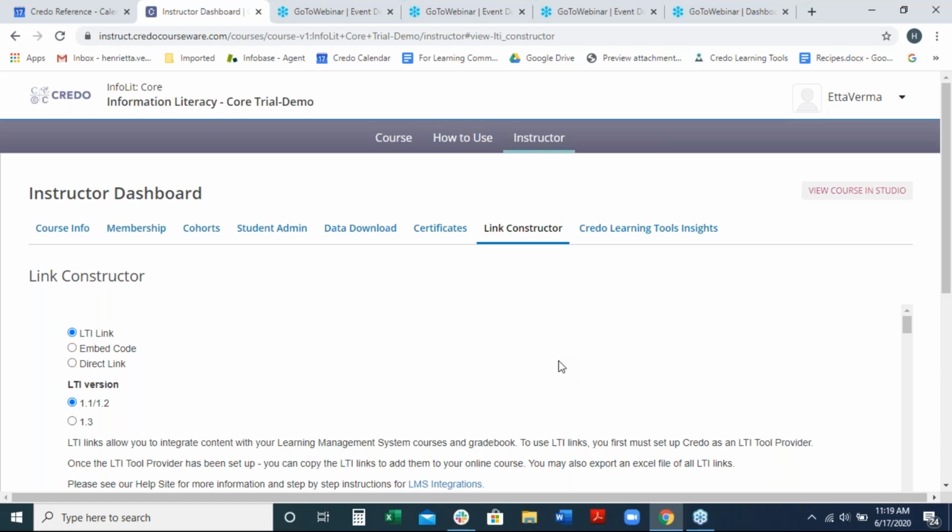Okay, hi Sandy. Yes, actually I'm on the screen here where you would find LTI links. These are for use in an LMS. And there's an initial setup where someone in your, let's say you have Canvas, I'll just pretend, right? But it doesn't matter, it doesn't have to be Canvas. We work with all different LMSs. So someone at your school who has admin access to Canvas would initially have to add a key, secret, and launch domain that we provide to Canvas so that Credo and Canvas can kind of talk to each other. That initial setup is just a one-time thing, and after that, your IT department or the Canvas administrator doesn't have to be involved anymore, because